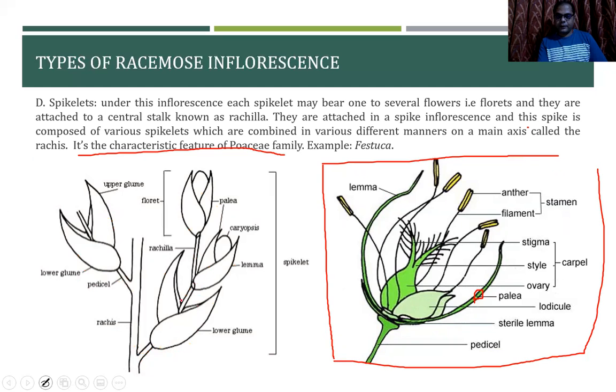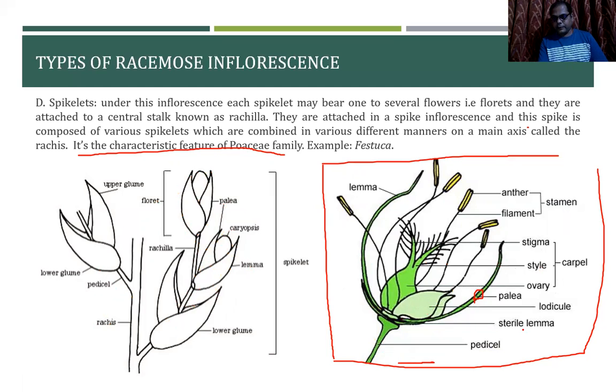This pedicel further grows into the formation of the lower glume, and then the extension of this pedicel happens, which is called the rachilla. And on the rachilla, we have different flowers. The caryopsis is formed there. And this particular flower, if we analyze it, will come as this particular group one flower. So this is what we call the pedicel. We have the pedicel here.